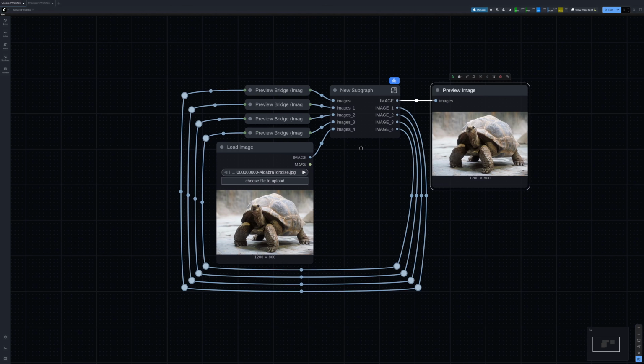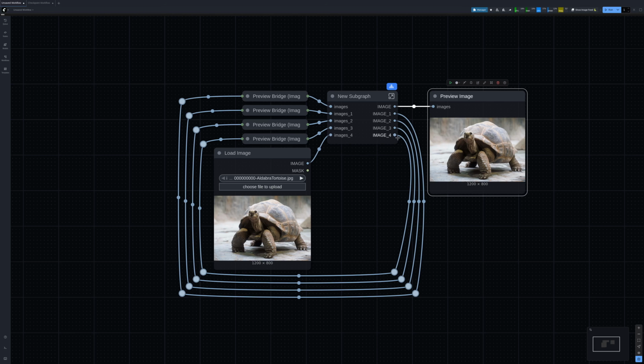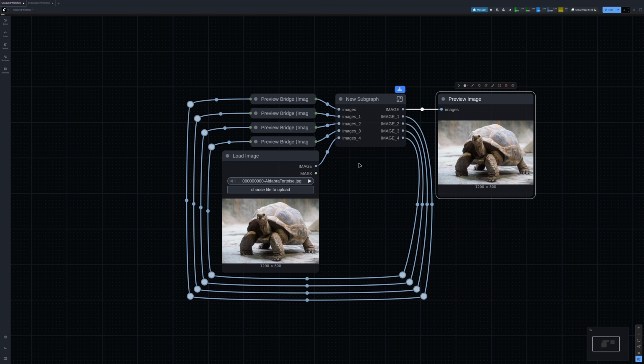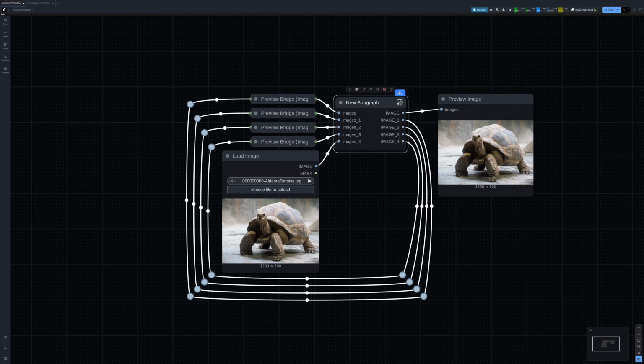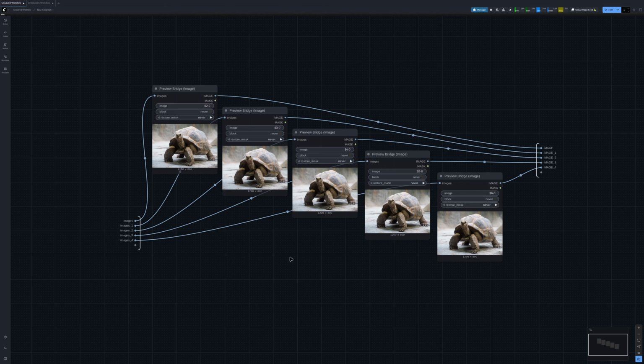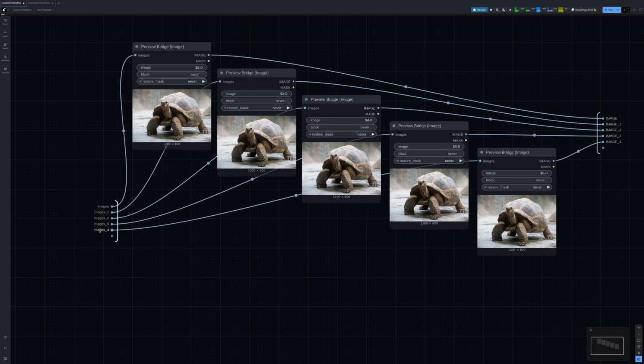So subgraphs, even though there's an output being connected to their input, they're designed not to detect a dependency cycle unless there's an actual dependency cycle happening. So if I jump into this subgraph right here, we'll see what's going on. So the load image is going into this